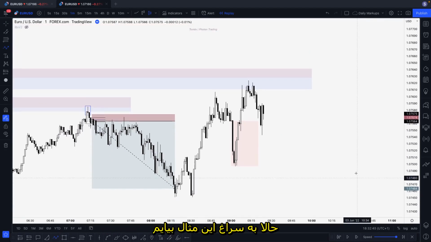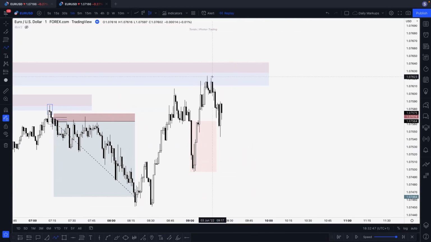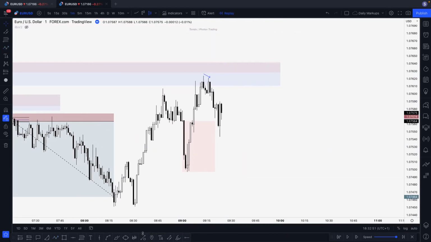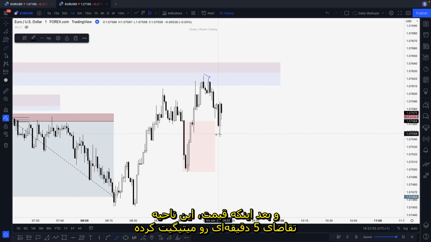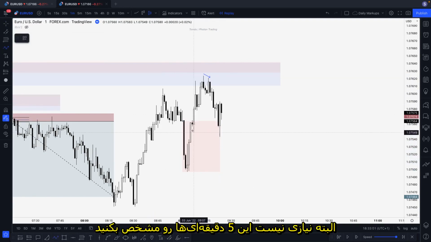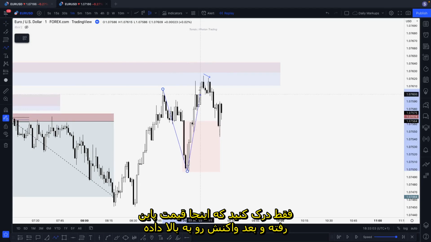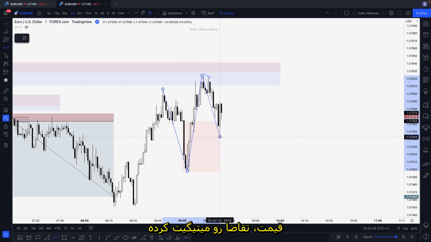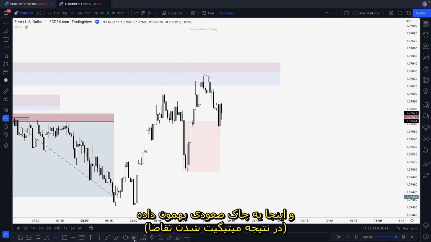Okay, so in this example, first and foremost, I don't like how the highs were formed, and then price mitigates this M5 demand. You don't need to have this M5, you just need to understand the push down, the push up, and to take sales, I prefer to take sales around here. But at this point in time, price mitigates demand and chop, you can see here, bullish again.